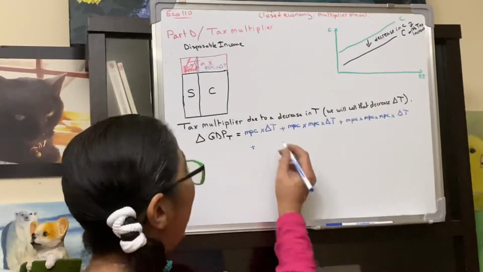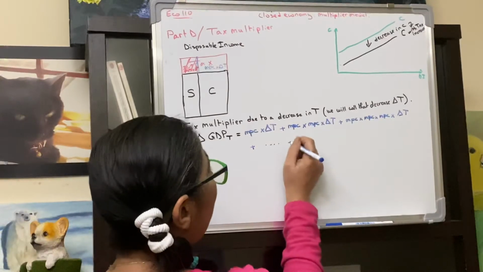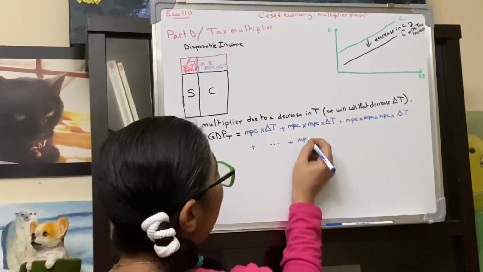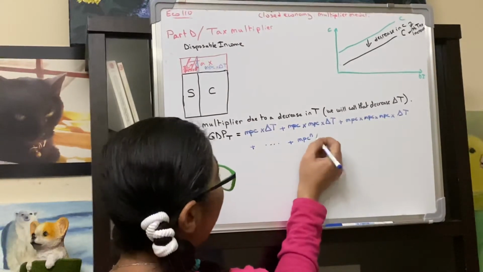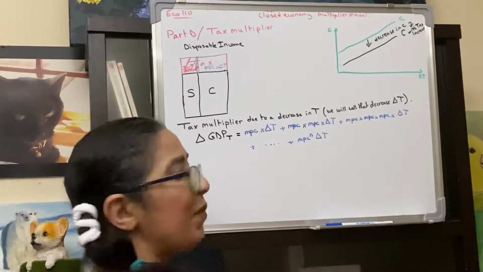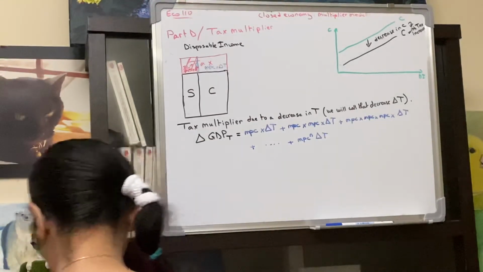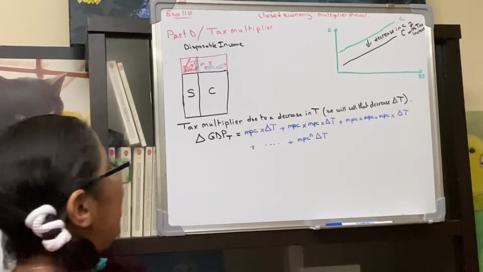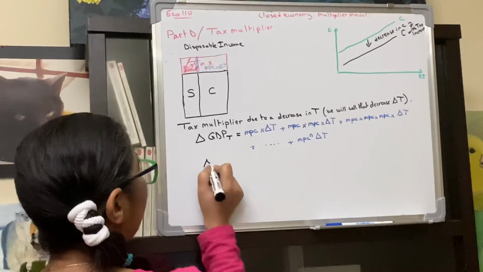It's going to go this way, just like we've seen before, times MPC to the power n times delta T. So your change in GDP due to the tax decrease